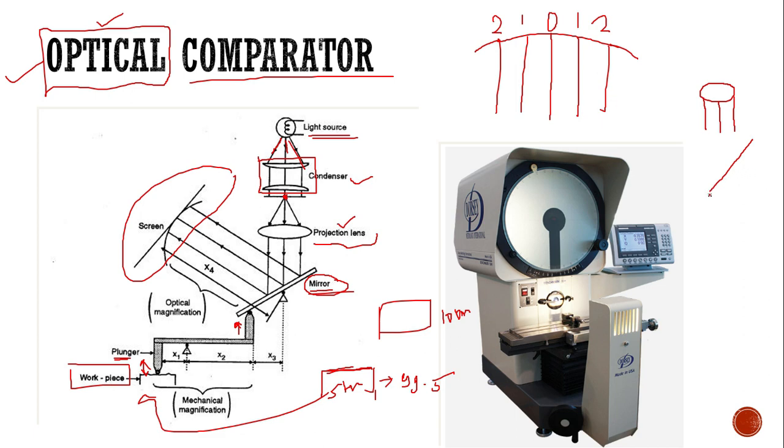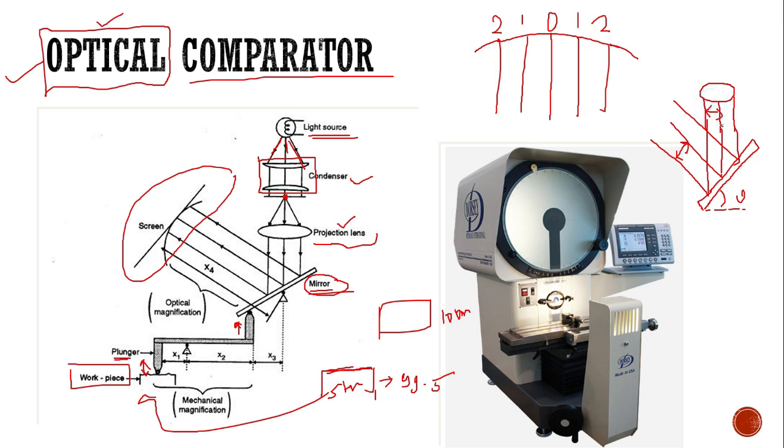this is a mirror, see, this is a mirror, you can consider this is angle theta. At this angle, if these lines are coming down, this will touch at this point, okay, and this will again go on the screen. Now you can observe the distance between these two lines. The distance between these two lines is larger as compared to the distance between these two lines.